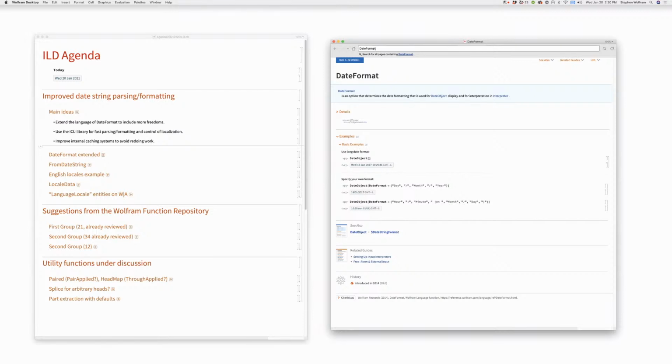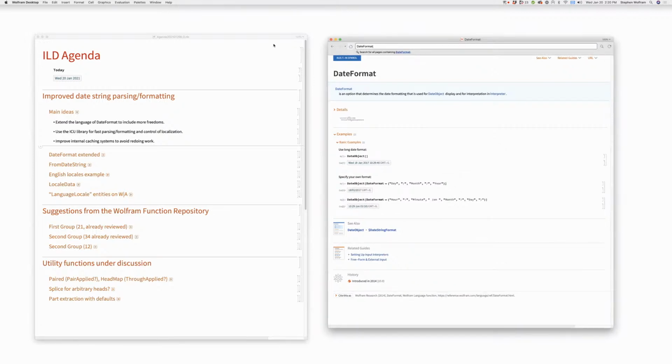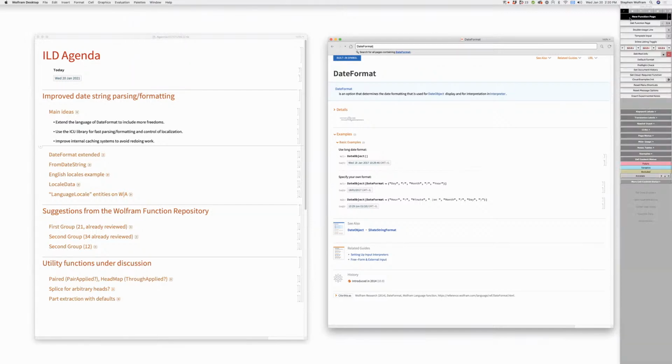It basically mimics the formats we allow in DateString. We have a futurized ref page called DateFormat New that has our proposal of how we would take the additional flexibility of saying, in addition to these elements, I want to say these elements are in Spanish,